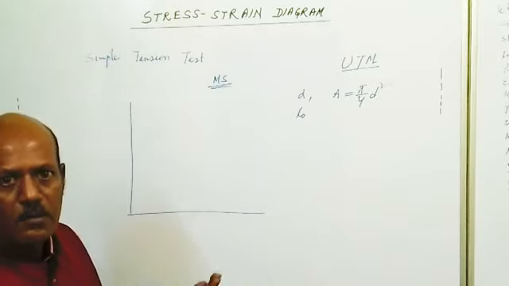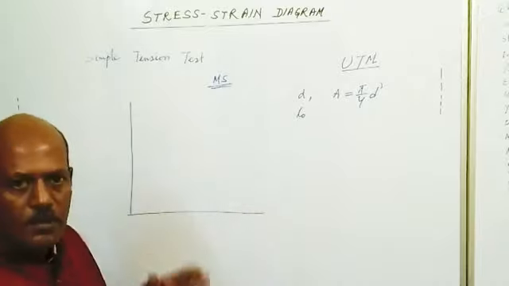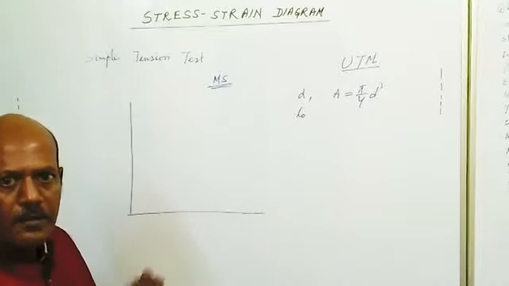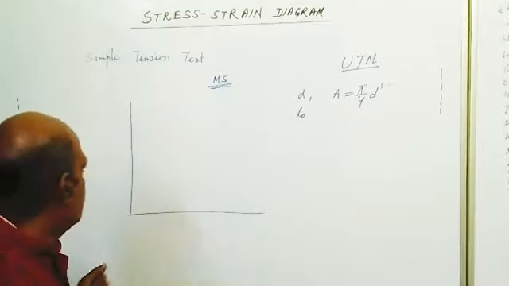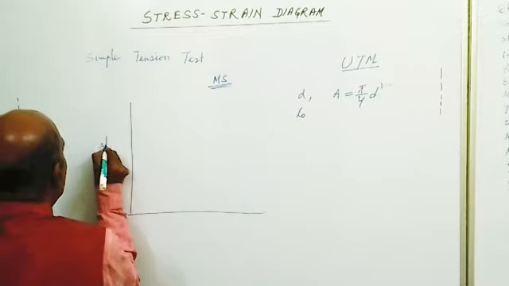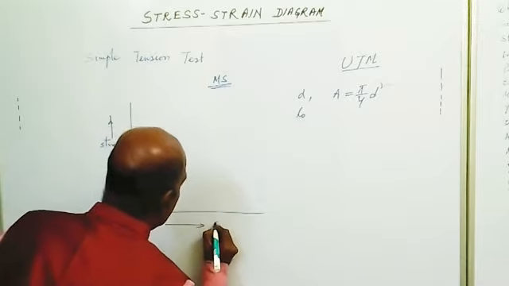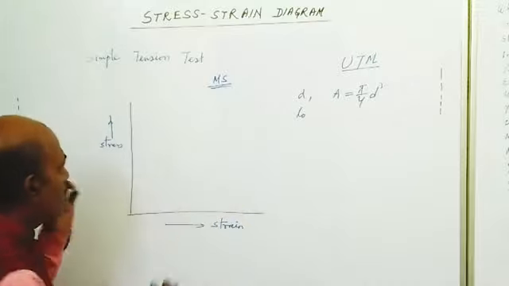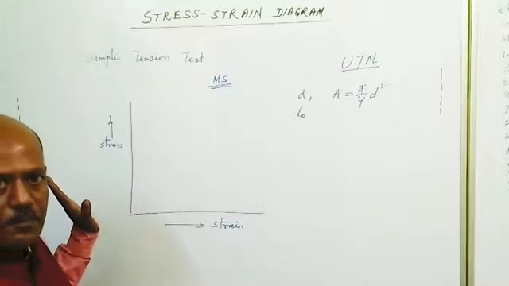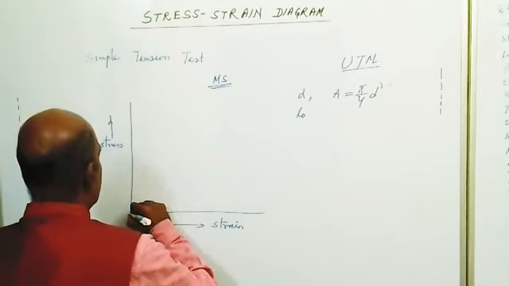So a specimen of mild steel, a standard test specimen, is tested in a UTM machine, and at various loading points we have calculated stress and strains. So on this side we will plot stress, and this side we will plot strain. If we plot the stress versus strain on a graph paper for mild steel, the curve will be somewhat a straight line